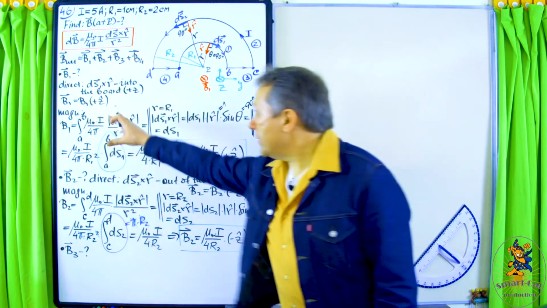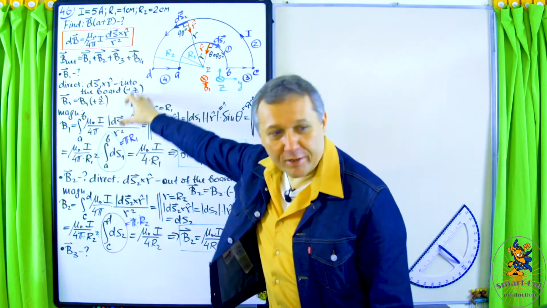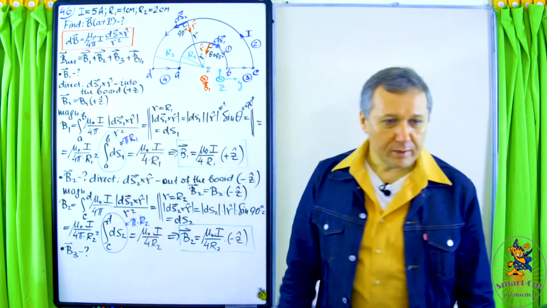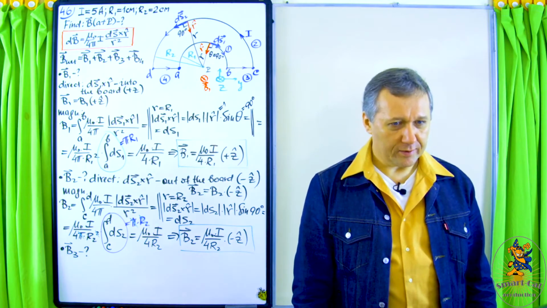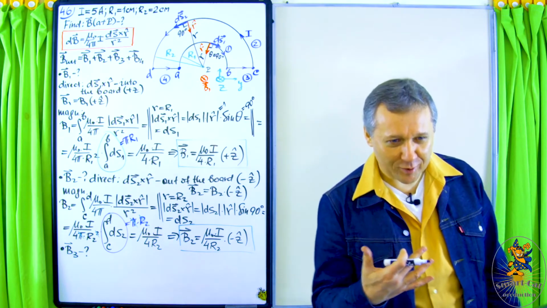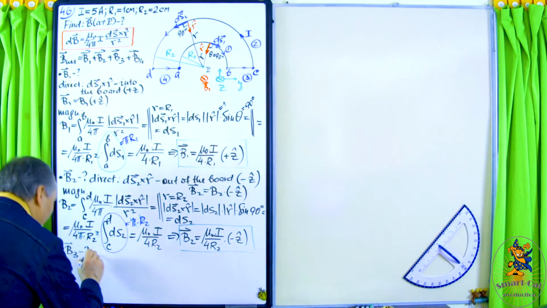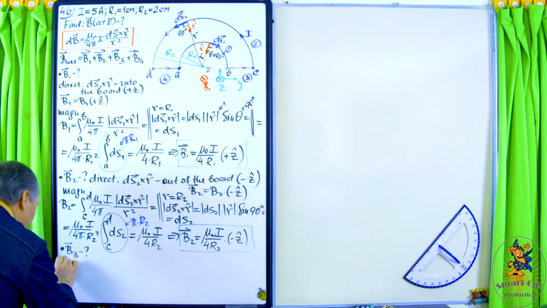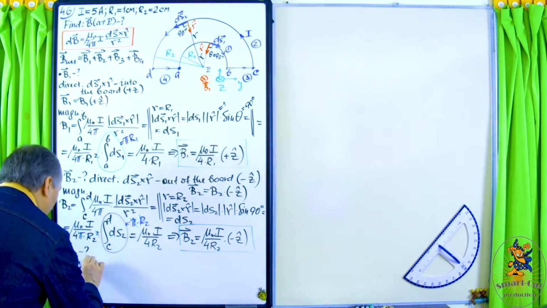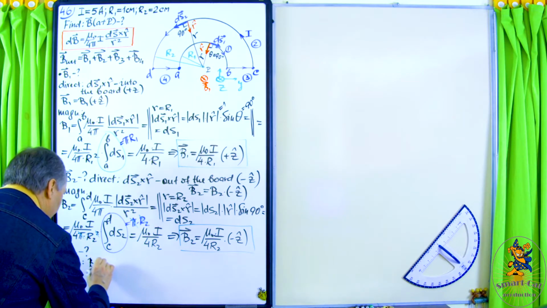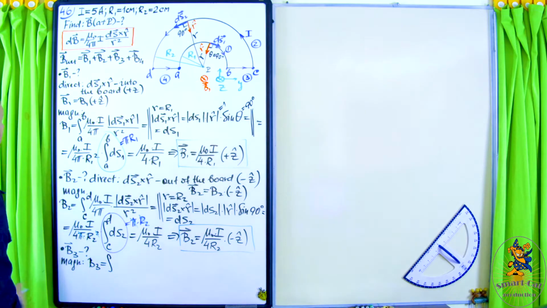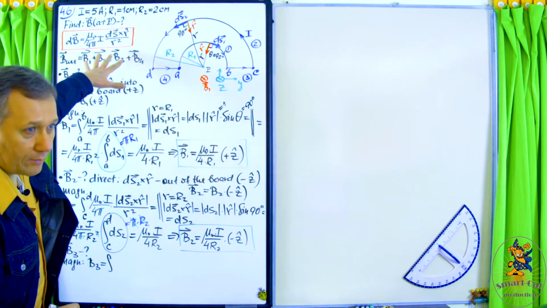And you know what? Every time, first I started with direction, then magnitude. But now let me start with the magnitude immediately. And in a few minutes, you will see the reason why I wanted to start with magnitude. All right, so let me start with magnitude immediately. So of course it will be B3 equals the integral, and again I will rewrite the Biot-Savart law,